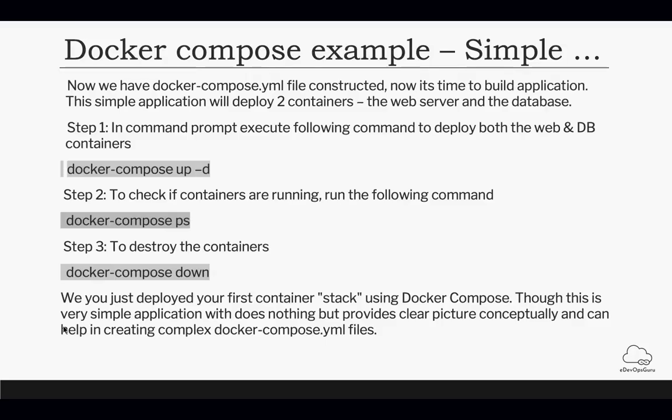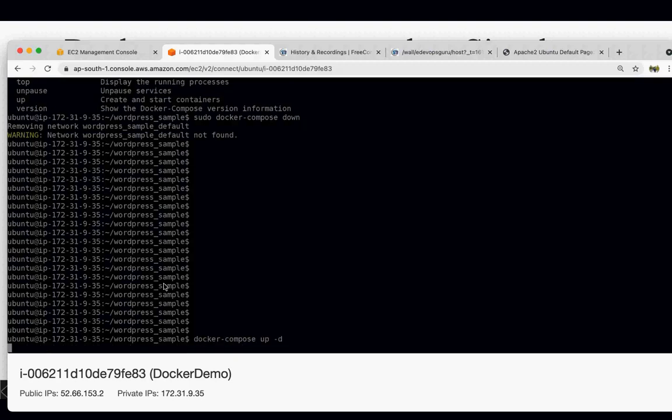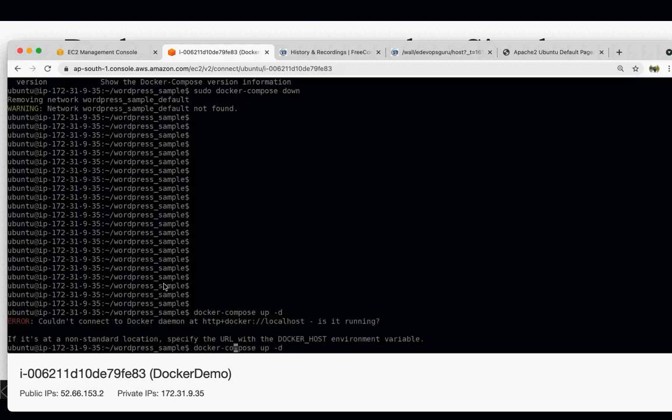Now coming to this PPT, there are certain commands. Docker Compose up means it will start executing this Docker Compose file, and -d means it will run in the background. Then docker ps to check if your containers are running; it is basically a process state kind of thing. To shut it down, you can use Docker Compose down. Now let's see Docker Compose up -d. Sorry, it has to be with sudo.